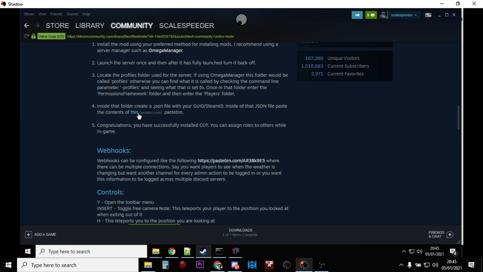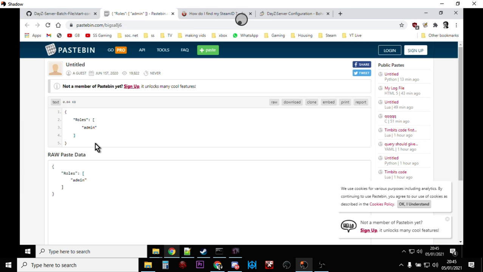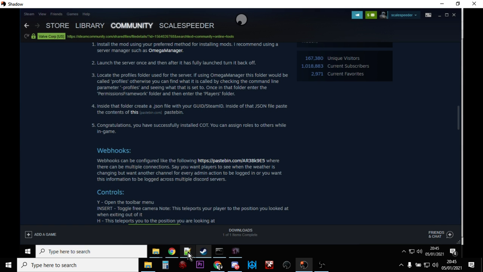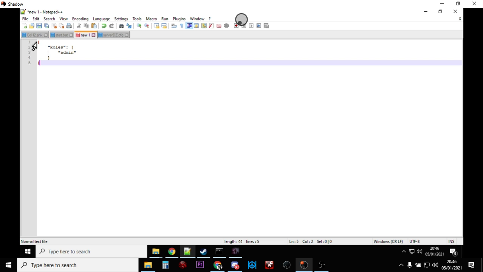That's actually quite complicated, but basically if you click on that link there where it says this, you'll be taken to this page here. And what they're saying is create a folder that's got the same name as your Steam ID and then save that as a JSON file. So what you would do is open up your favorite notepad, Notepad++ in this case, and then copy that, go to Notepad, paste it in. You see I've already done it,